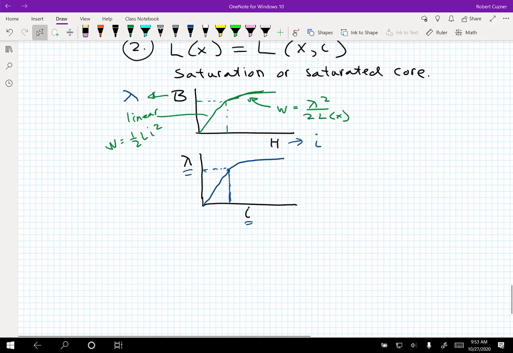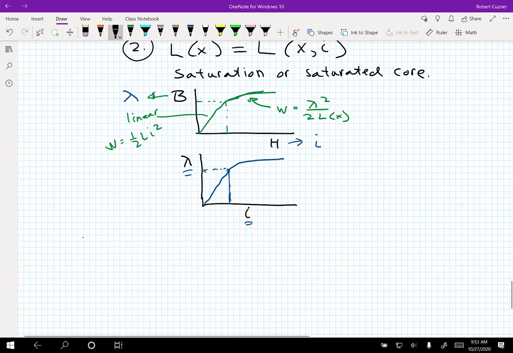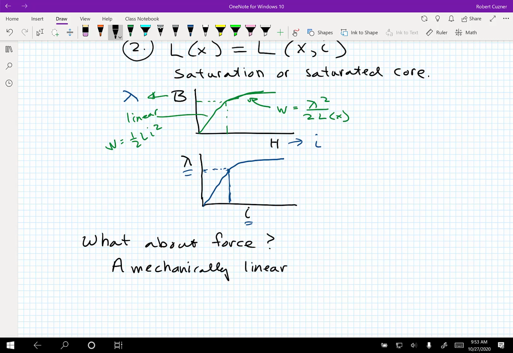Okay, so what about force? Because that's what we're really after. We're actually trying to talk about motors in this class. So if we had a linear motor, and this is a mechanically linear motor, or actuator as they're typically called,